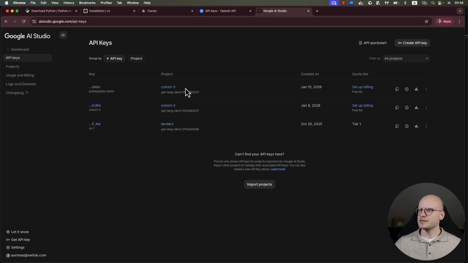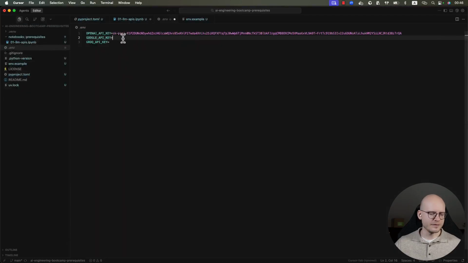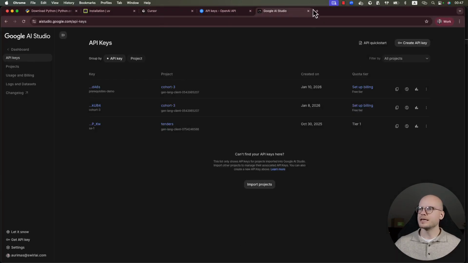Again, I just copy the key, which is... so where are the names? Prerequisites demo. Okay, so I'm just copying the API key and add it right here. Then I want to also have my Grok API key, and I can get that by going to Grok,